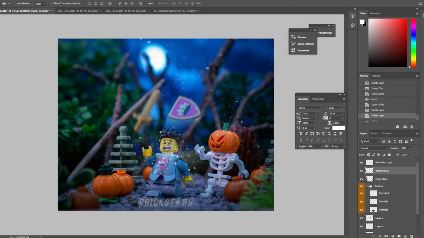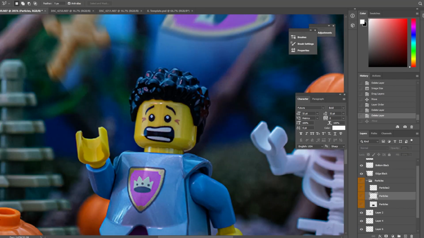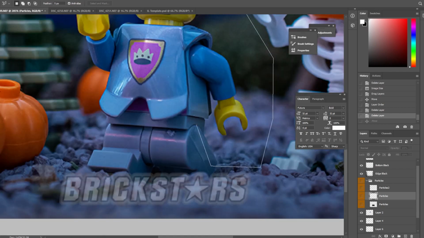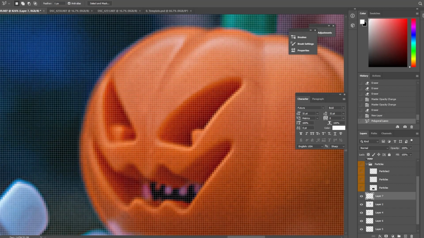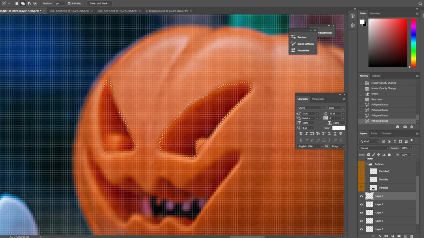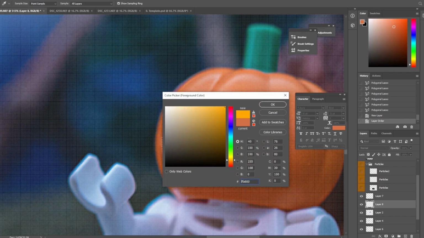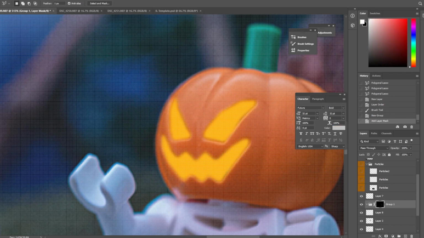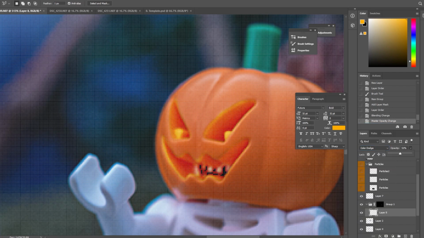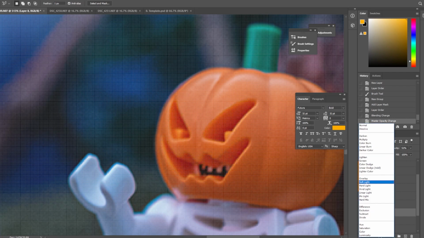The particles have to be there because the guys are running, and we want to eliminate all of the sun glare and stuff. Now this is interesting. I was trying to add a bit of a whoosh from the guy running, but I gave up on that. There was no need. But we want to make the pumpkin lit up because pumpkins for Halloween have the candles lit inside them. We're going to make this figure chasing after our hero here have a candle lit inside. So we've selected the eyes and mouth, and then we go ahead and paint them, apply a bit of a glow, especially here in Photoshop as an overlay,